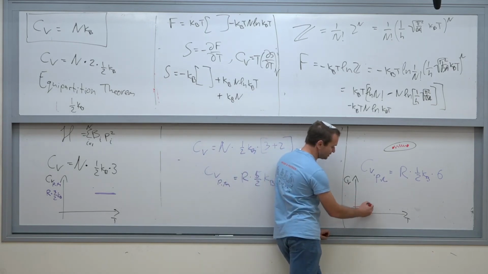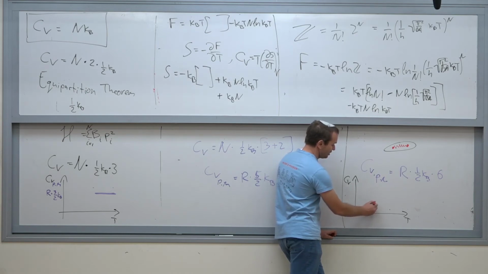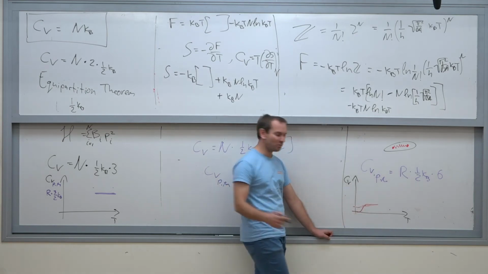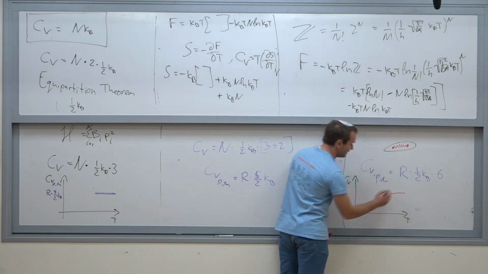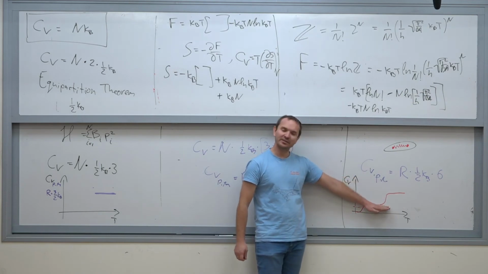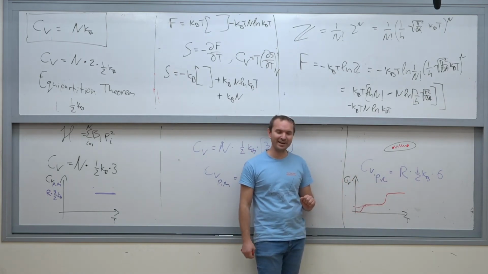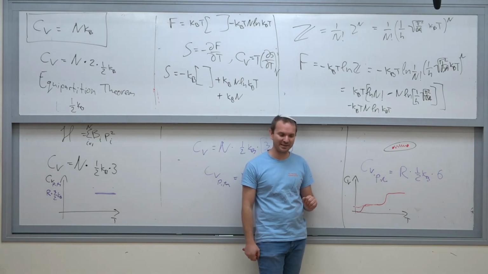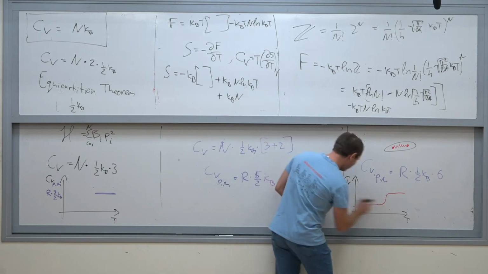So it would be a constant for 0, constant for a pretty long period of temperatures, and then I can jump up and be again constant. What happens over there? The step size is quantized. How? By 1/2 kB or 3/2 kB or 4/2 kB. What happens? So at this specific temperature,